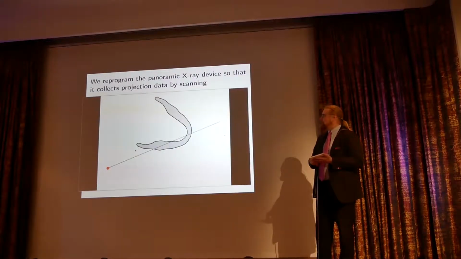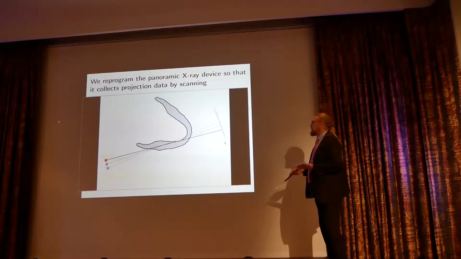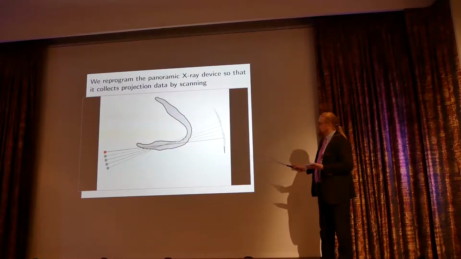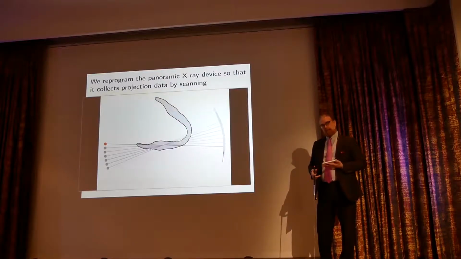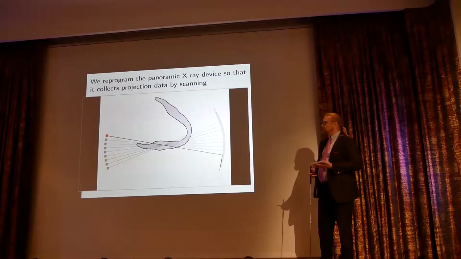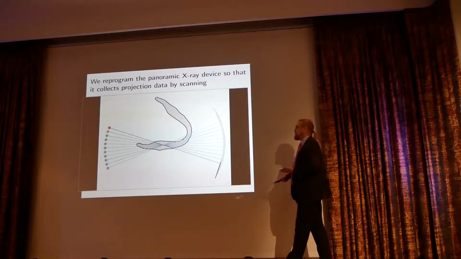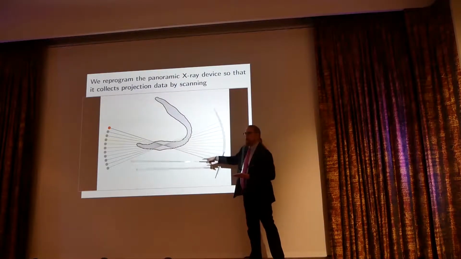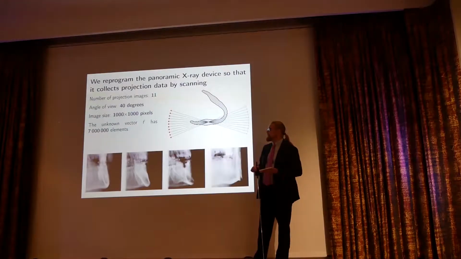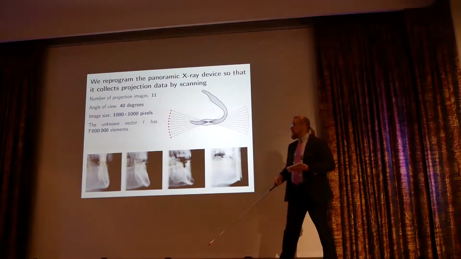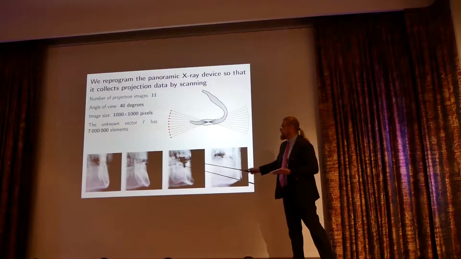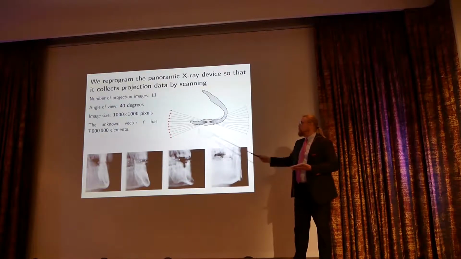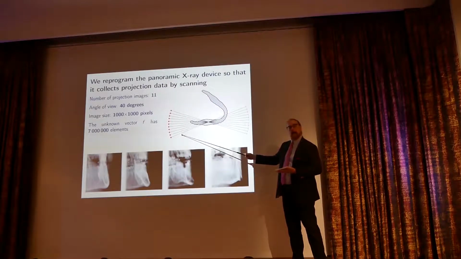So what we did, we reprogrammed the machine so that it collects pictures by a scanning movement like this. We couldn't do this all around, though. We could only move the machine in such scanning way in an opening angle of 40 degrees. So this is kind of the situation. We can collect this kind of images from different directions, but only from this 40-degree angle of view,